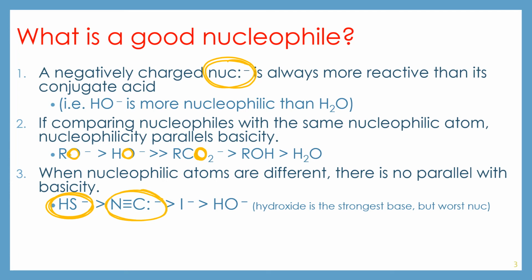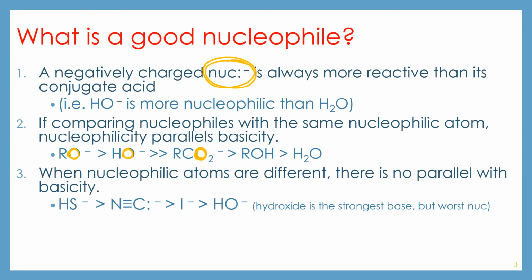Cyanide is a really good nucleophile. Halogens are good nucleophiles, and so is hydroxide. But hydroxide also has a tendency to act as a base. Another thing to point out here is that hydroxide is actually the strongest base in this entire list, and yet it's the worst nucleophile. So even though we want nucleophilicity in general to mimic basicity, it actually doesn't,